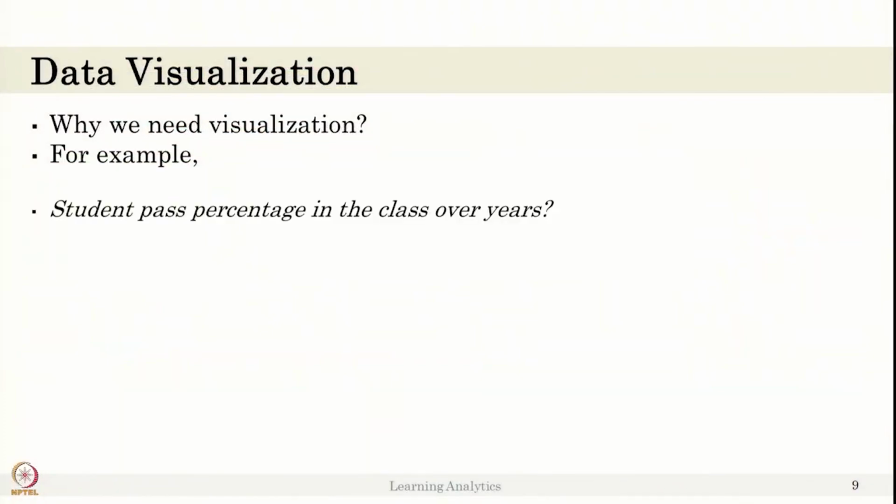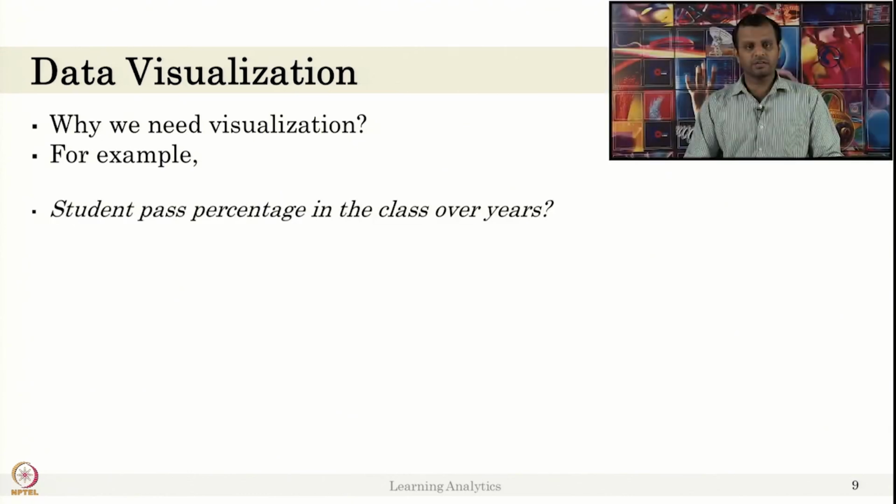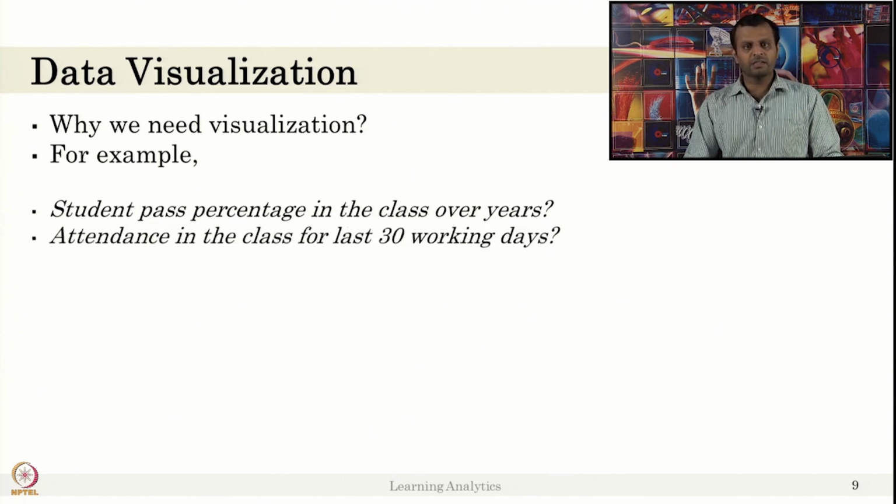For example, if I want to show the students' pass percentage in a class over years, we can show that using a trend graph like a simple bar graph or line chart, from 2015 to 2020, or attendance in the class for the last 30 working days. It is very important. So, you can plot all the working days on the x axis and the attendance. You can see the attendance varies, or is reducing or increasing. This kind of a trend is shown here,